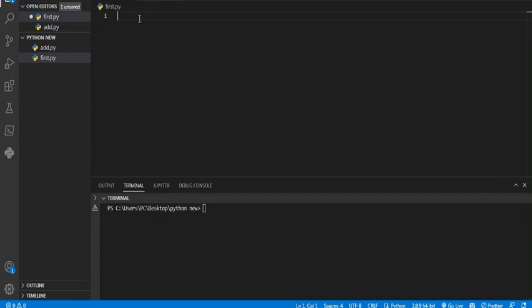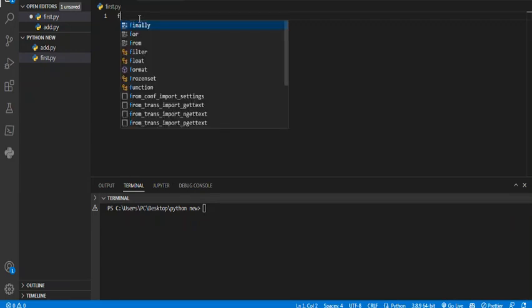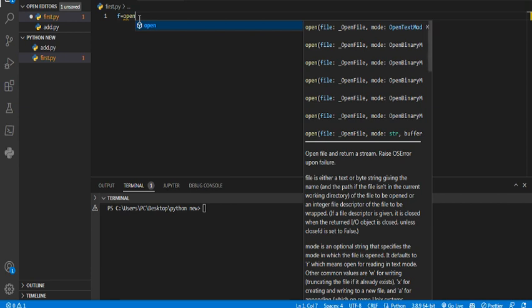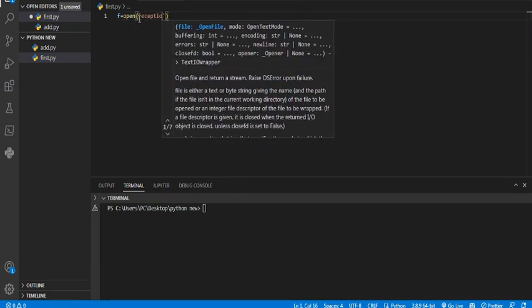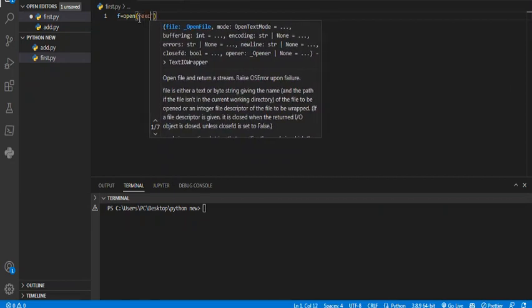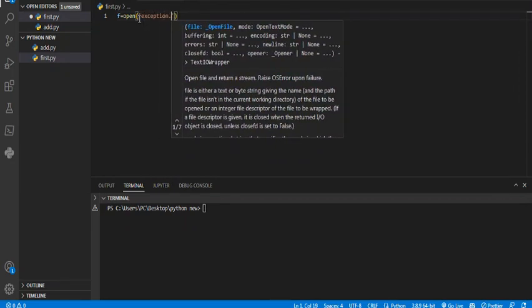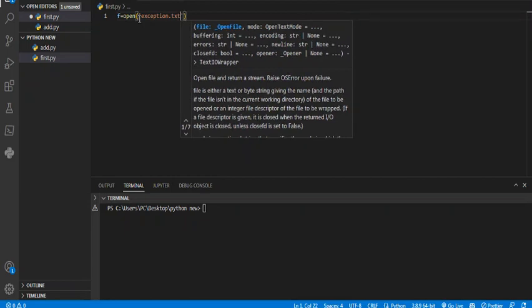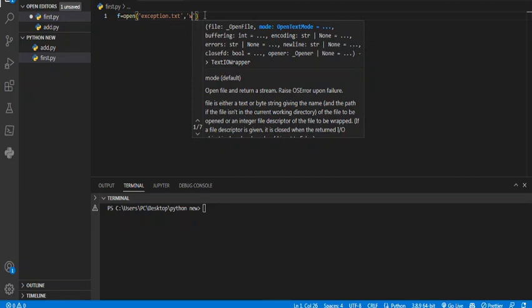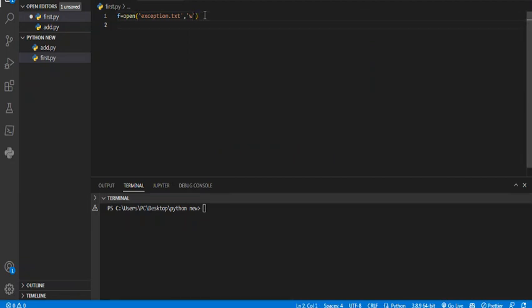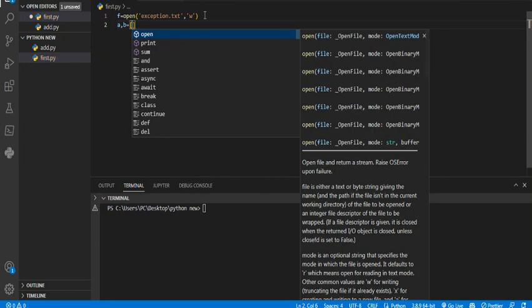First of all, how to open a file: f is equal to open, write some file here, exception dot text, and comma, w for write. We have to write to this file. Now we have to take two input numbers: a comma b is equal to,